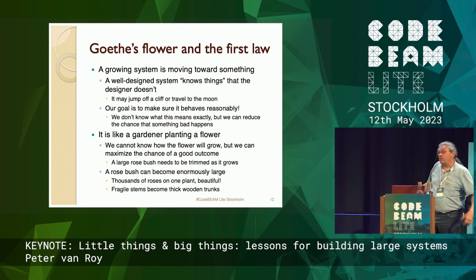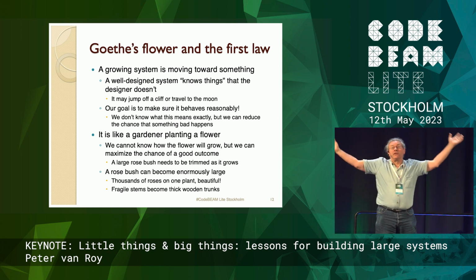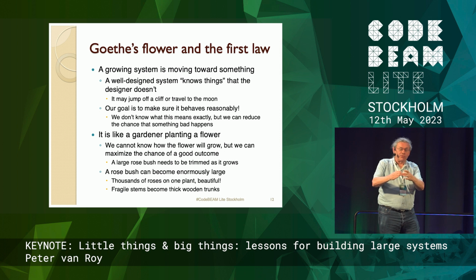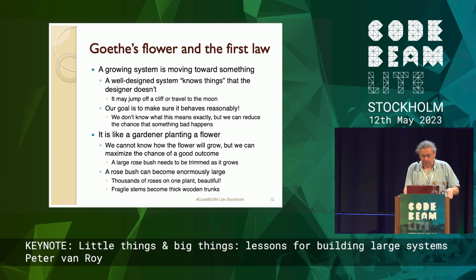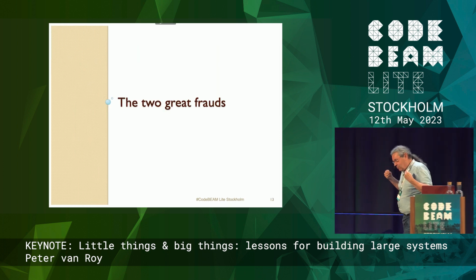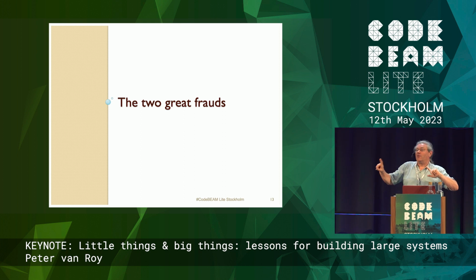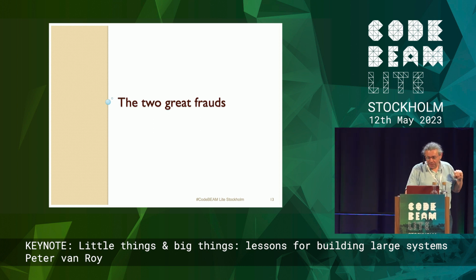You don't really know. If you grow a rose bush, if you let it grow huge, you can have big climbing roses. We have in our garden this huge rose, and they become like trees with huge trunks that are like wood, which you don't see when they start, okay? So that's a kind of analogy for big systems, to get you in the mind. So don't worry, later on it will get much more technical and you will be pleading for me to be more philosophical, but I will stay a little bit more philosophical now.